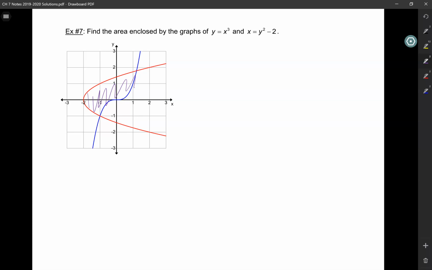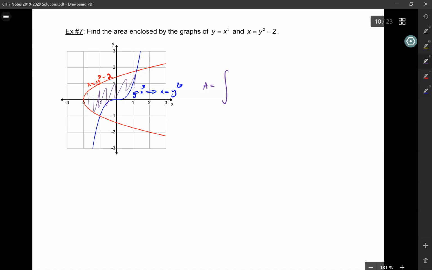Okay, so I have here y equals x cubed, which is this one. But I'm going to solve it for x, so I'm going to get that x is equal to y to the 1 over 3. For this one, I already have x equals y squared minus 2. So let's integrate. Area is going to be